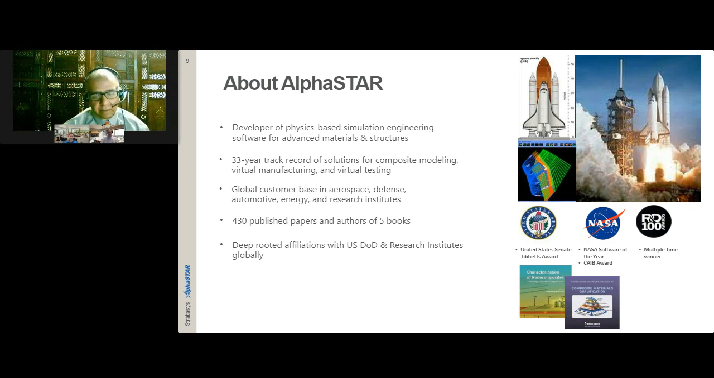And our credentials are based on over 430 peer-reviewed journal articles of our work, 5 technical books that have come out of it, and close collaboration with some of the best laboratories and companies in the engineering sphere. And our credentials are not only a couple of R&D 100 awards, I think 2 NASA Software of the Year awards, but I think the one we're most proud of is the Columbia Accident Investigation Board Award,